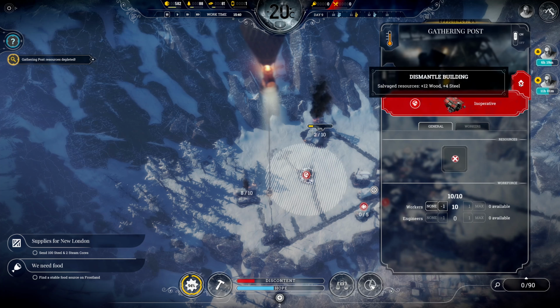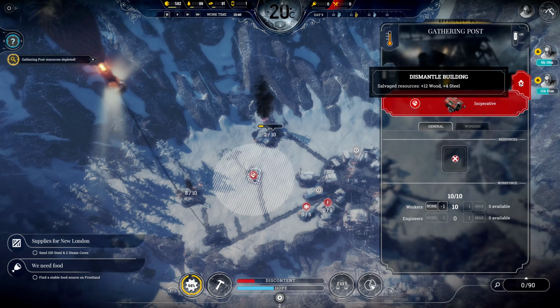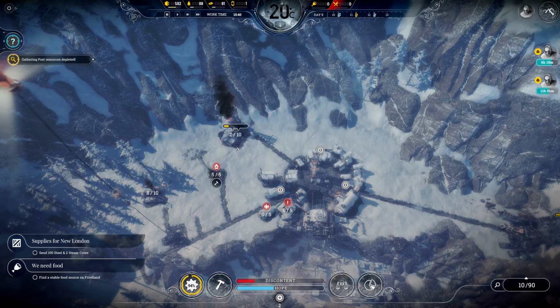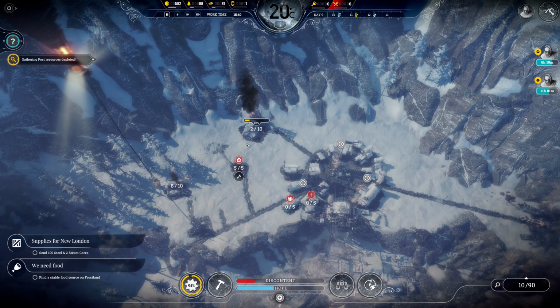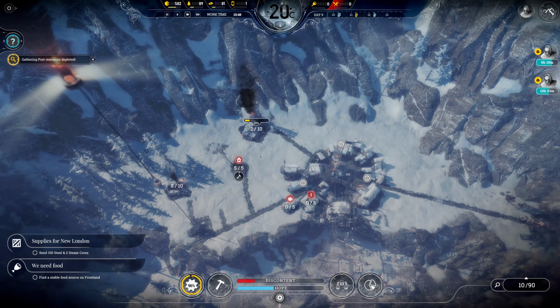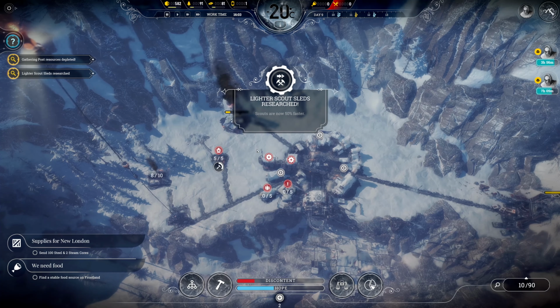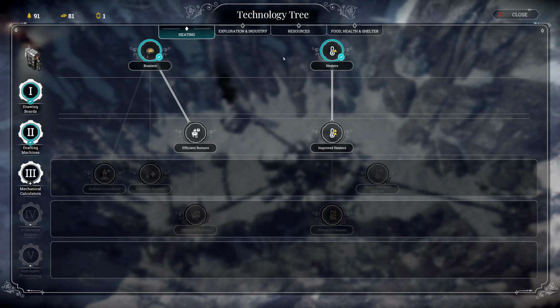That'll give us back a little bit of extra steel. We don't need that anymore. 10 extra workers. That means we can fill both of those out if necessary. Yeah, we'll see how it goes. Oh, and there is the lighter scout sleds sorted. Alright, let's go ahead and pick up the...